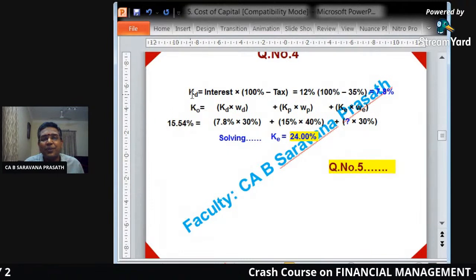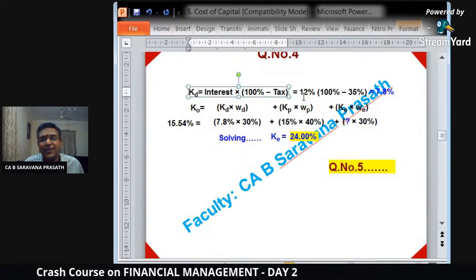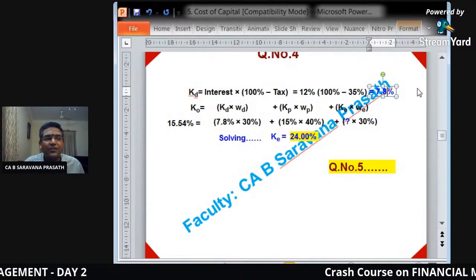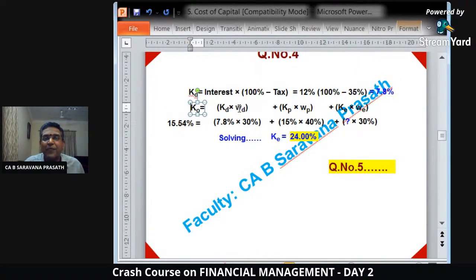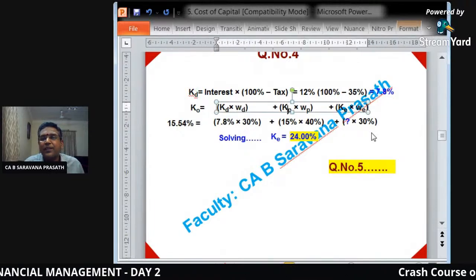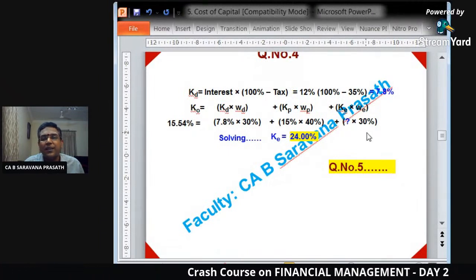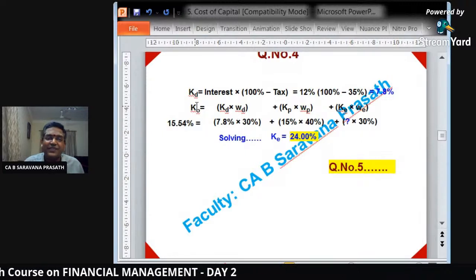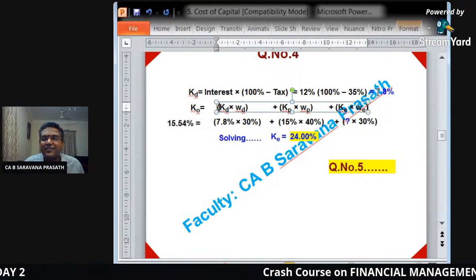First step is to compute the cost of debt: interest into 100% minus tax rate. 12 is the interest rate, 100 minus 35, result is equal to 7.8. Then we write the formula for KO: KD into WD, KP into WP, KE into WE. Every number in this equation is available except for KE. We substitute each number. First, KO 15.54, cost of debt 7.8,